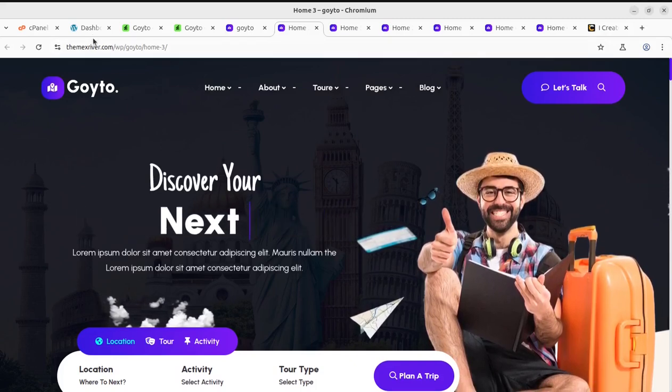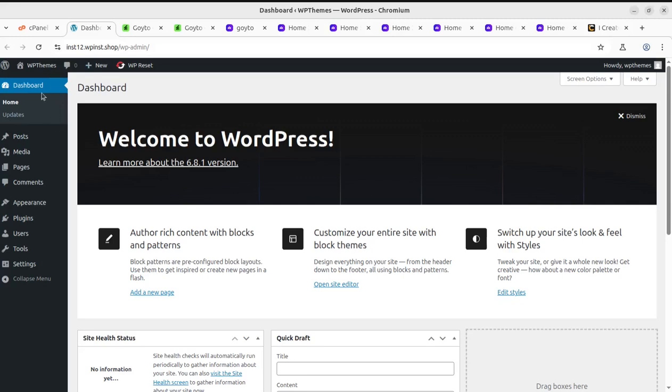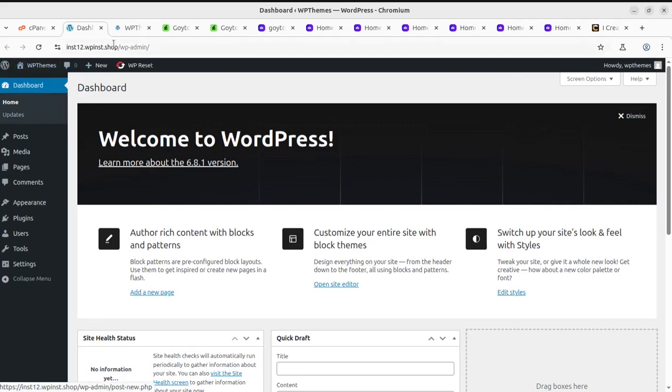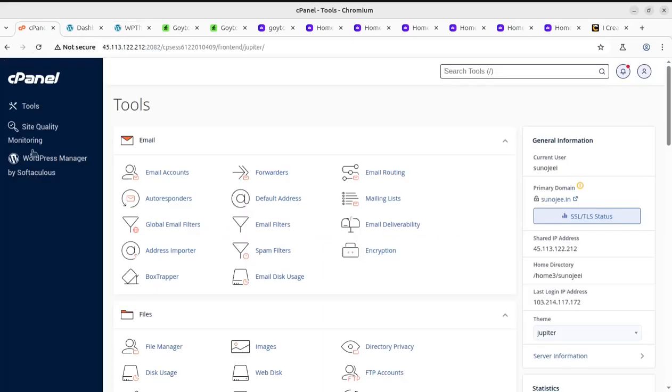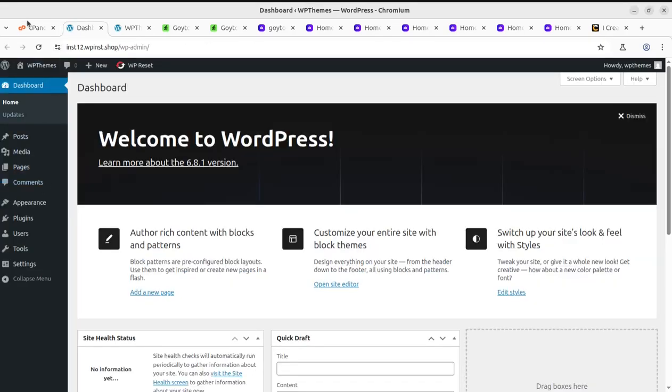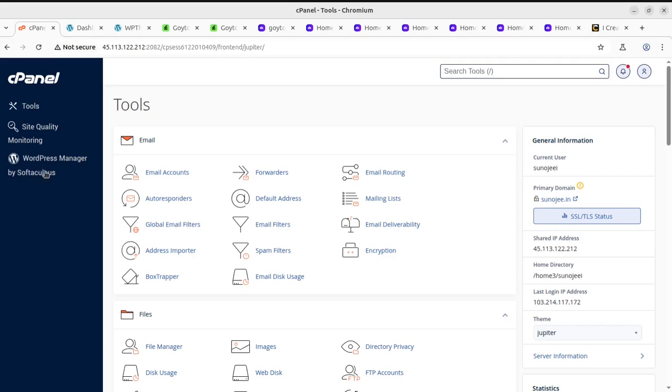So let us start. I have this core and trace installation of WordPress, and it is using the default 2025 WordPress theme. I am using the cPanel based hosting plan. As always, you can avail all these things for your website through the video description links, and you can simply install the WordPress core using this WordPress Manager by Softaculous, which remains available with all cPanel or hPanel based hosting